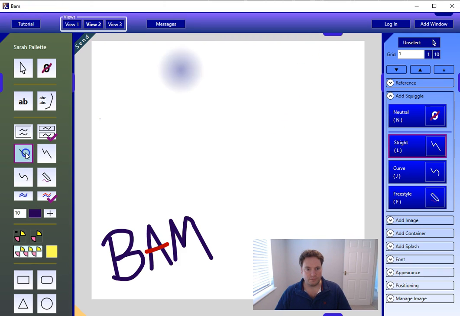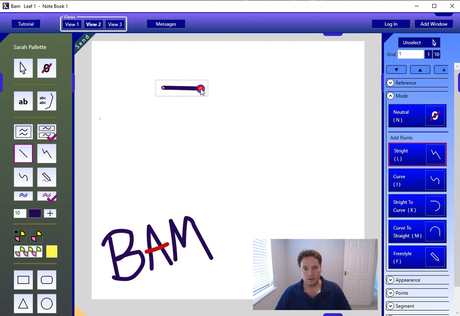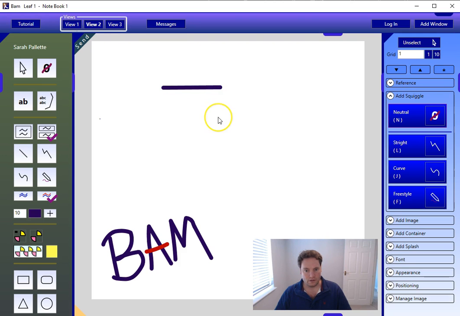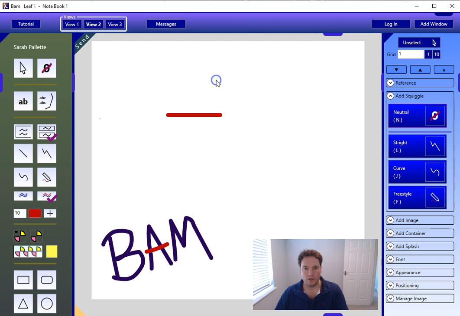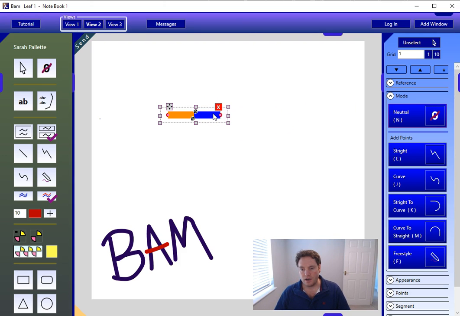Let's start afresh. Actually, I want to change that color to that. We have our squiggle selected, and we have these two other options, straight to curve or curve to straight. So we're going to do straight to curve, which means this will stay straight, and the next line that we're